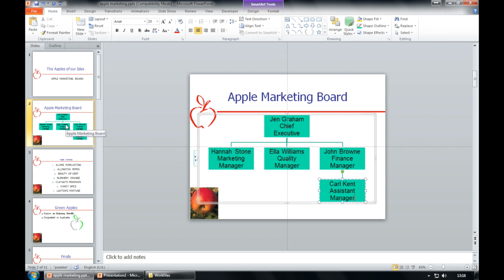Add the following text as a note for the presenter. Any notes that you add to a PowerPoint presentation go at the bottom here where it says click to add notes. So we just click inside here and add the note: Carl Kent, newly appointed, be careful with your spelling and copying, to the finance team. Okay. Then